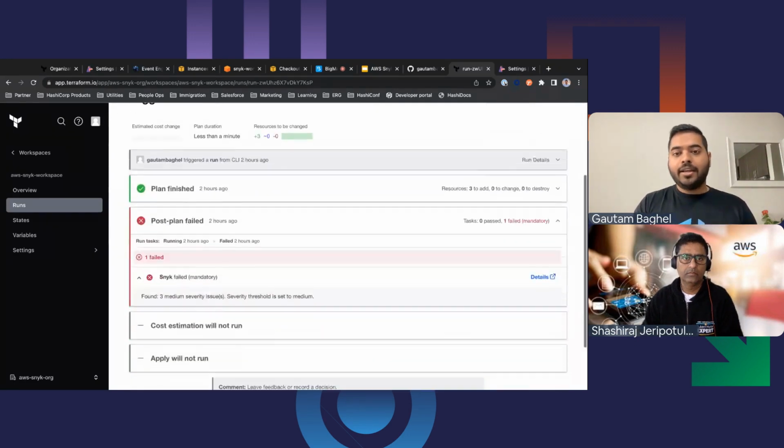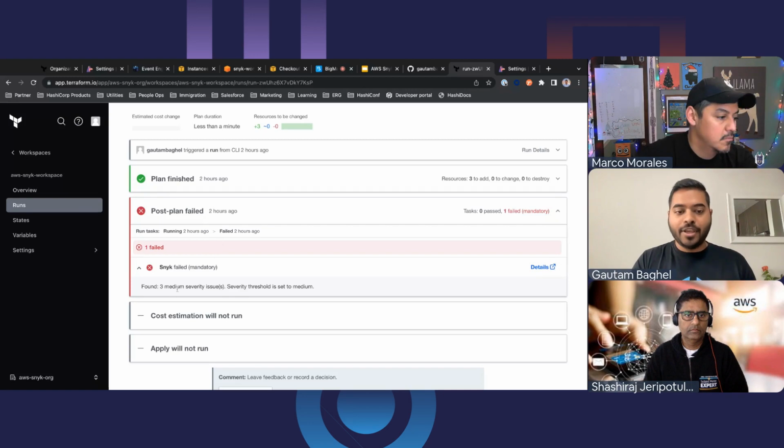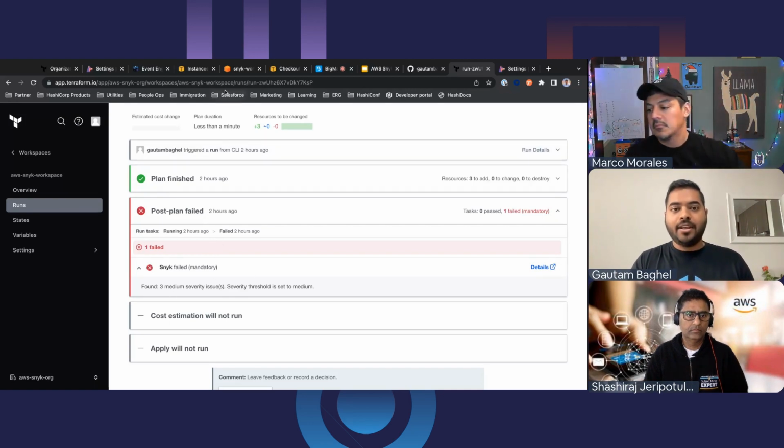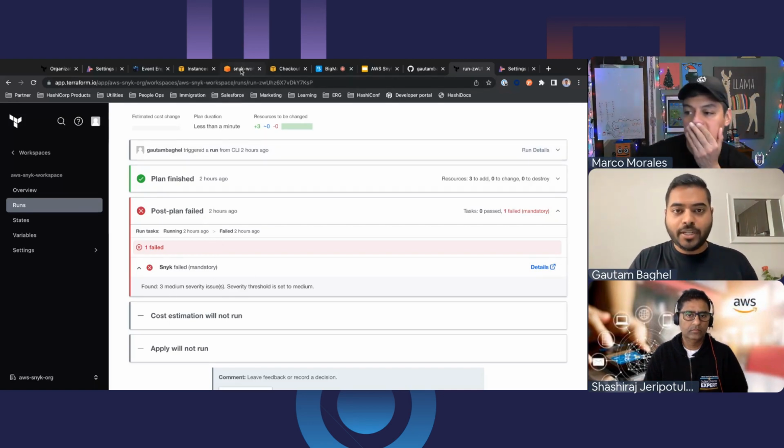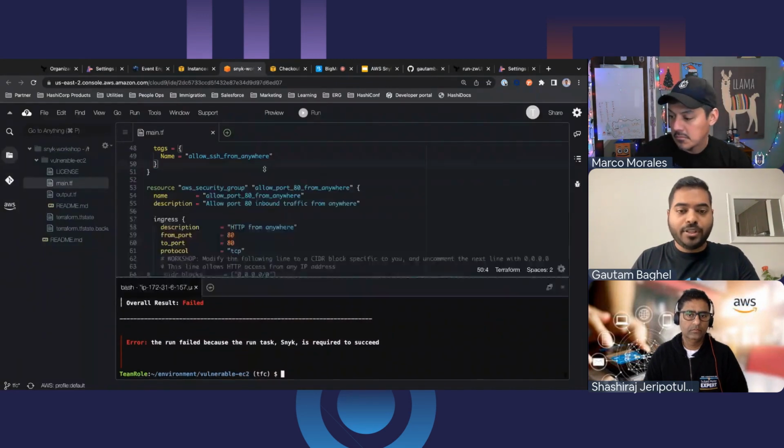The one last thing in terms of the workshop steps is that I can fix the vulnerability and show you the same exact thing of it passing and actually deploying. If there aren't too many questions, I can do that. Otherwise, you kind of get the idea. If you fix those vulnerabilities, and fixing them is not a huge challenge because we made it easier for you in the repository.